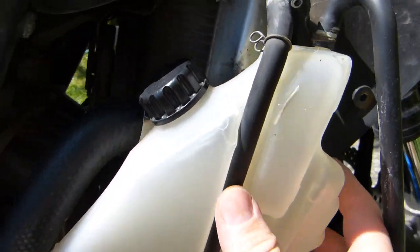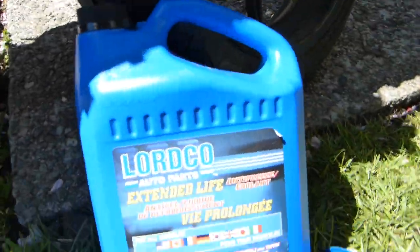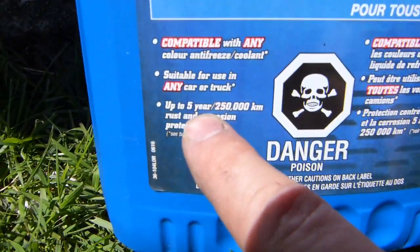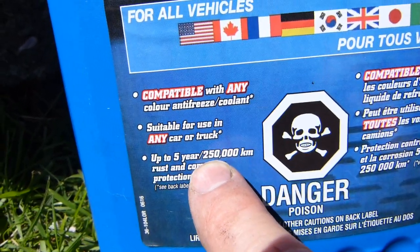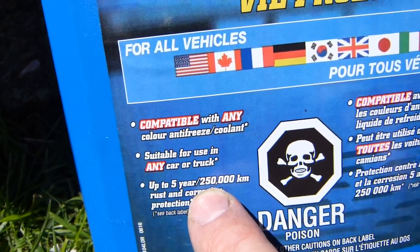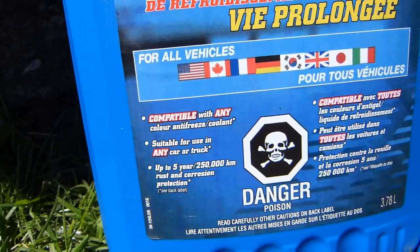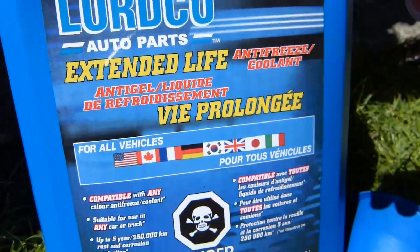So that goes there, and you need to fill in your new engine coolant. Now this one is a long life engine coolant, or extended life engine coolant. That's how it's advertised there, and it says it's good up to 5 years and 250,000 kilometers. It's about, I don't know, 200,000 miles, something like that. I'm just guessing the number, but roughly. So it's supposed to work for all kinds of import and domestic vehicles, and